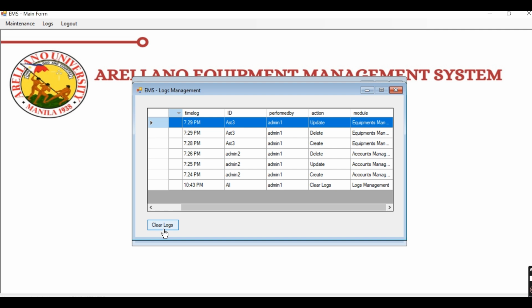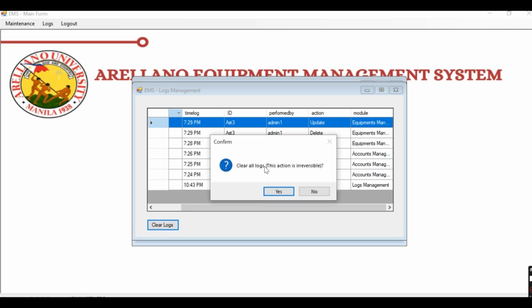So just press clear logs. This message will be shown: clear logs, this action is irreversible. Meaning if you really want to do it, you will no longer be able to get back the items that you deleted. Once I delete this, the logs will also show here that I, as administrator, did this action.